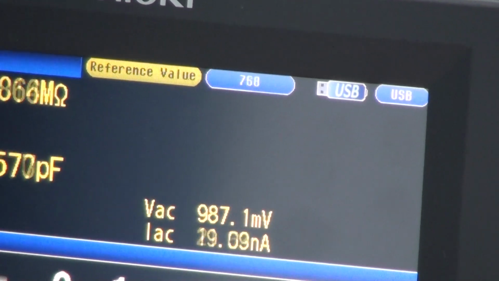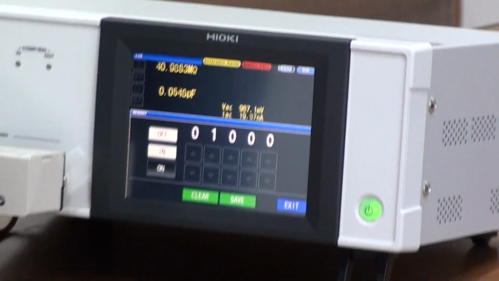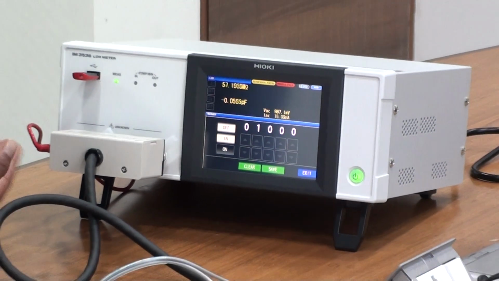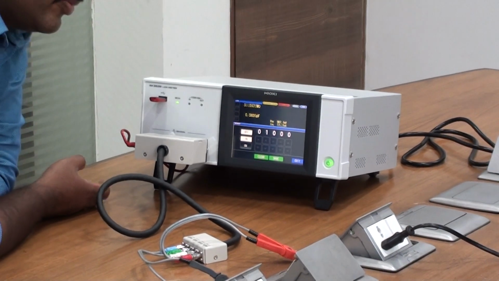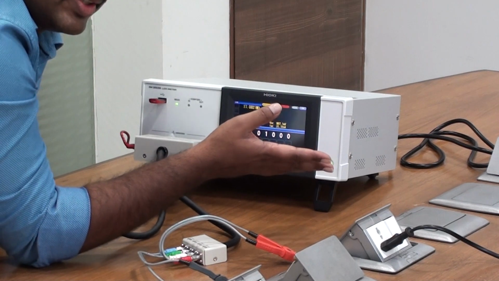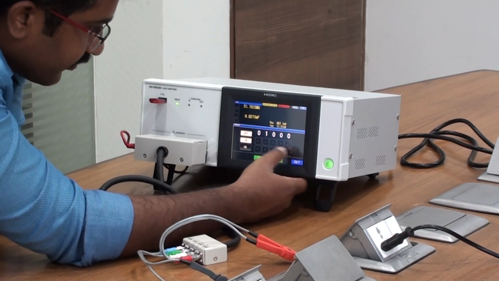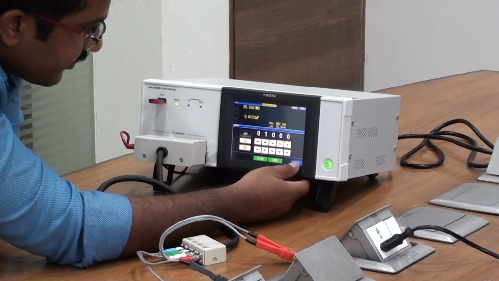This method of retrieving data is only for very fast measurement, or if you want data in a pen drive. The same retrieval of data or sweeping data can be done through a laptop or interfacing software that will show you the data. So, as of now, I'll switch it off.